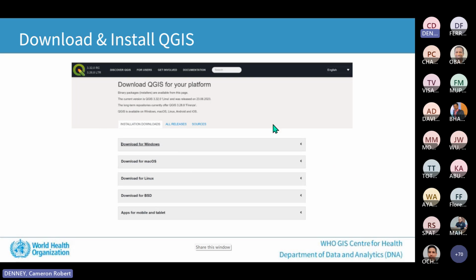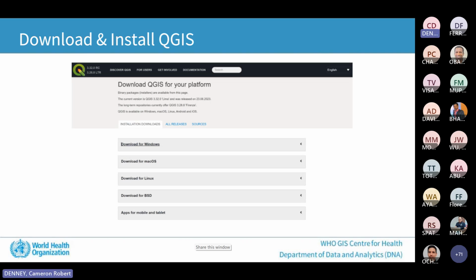This page is where you can download QGIS, or some people call it Q-GIS, whatever you call it. You can download it and it can work on whatever computer you have, more than likely. So unlike some GIS softwares, which are a little bit more picky on which operating system or platforms they can run on, a great part of QGIS is it can run on practically any computer. And you can visit that webpage. So whether you're on a Mac or Windows, you can start to download